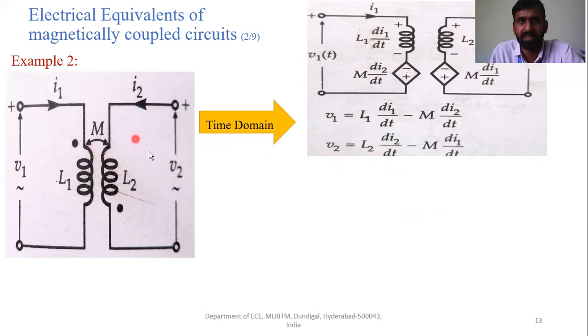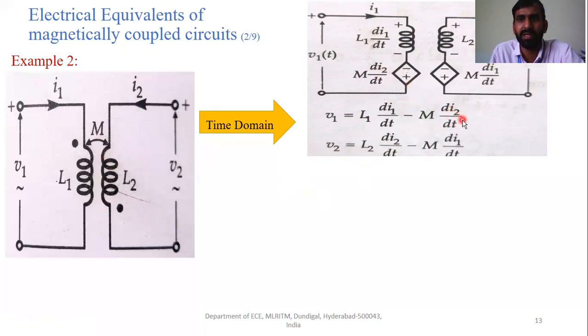Because here M is negative, so that's why here minus plus. Now applying KVL again, V1 is equal to L1 di1 by dt. So here it is minus plus, minus, because the mutual inductance is negative, that's why here it is minus M